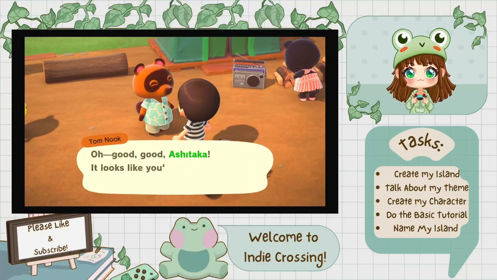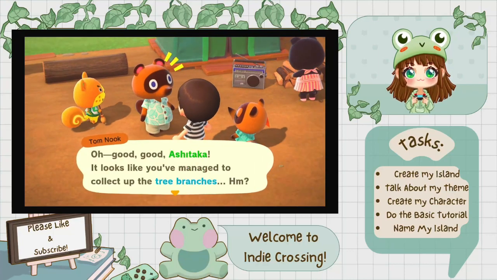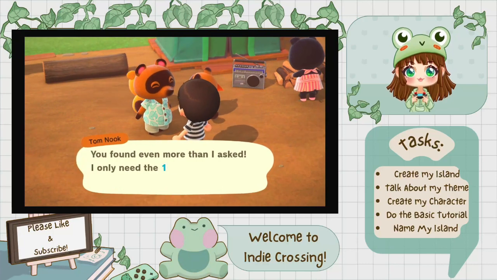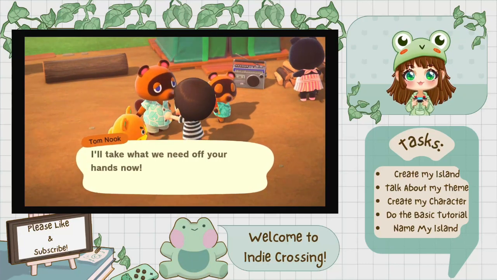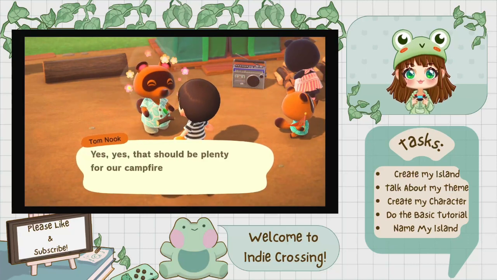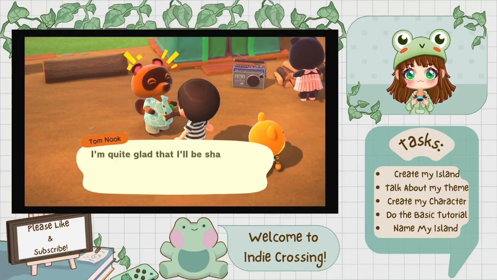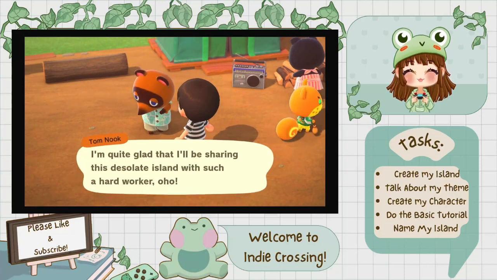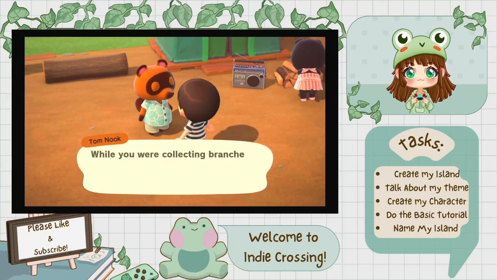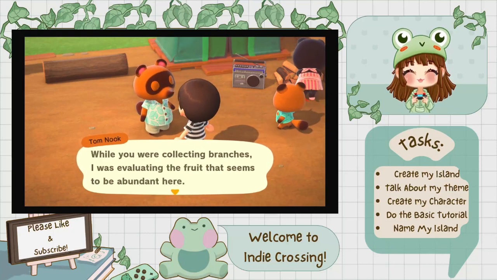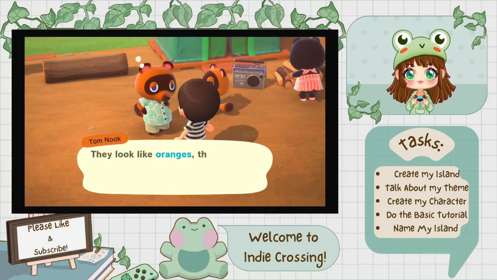I do have the old dream address for my Studio Ghibli island. I'll link it down below so that you guys can come visit it. Because I did work really, really hard on that island. And I think that you guys would like to go through it. I think there are some really cool builds on there. And I did try to make them as movie accurate as possible.